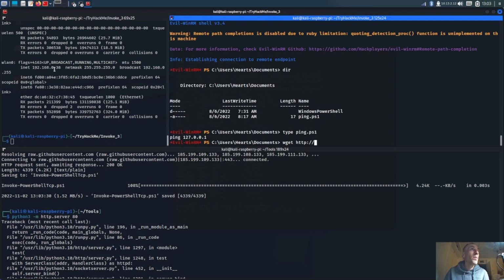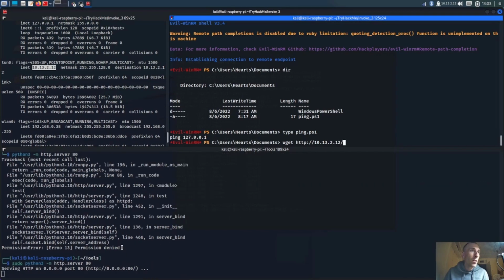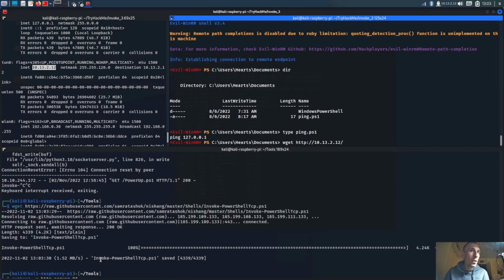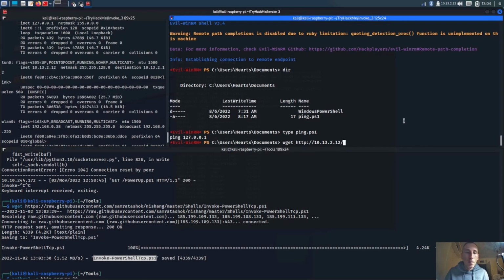My IP address, right? 10.13.2.12 for me. Slash, where's it at? There we go. Invoke-PowerShellTcp.ps1. Remember, we do have to use basic parsing, right? UseBasicParsing. And we're going to do an OutFile of